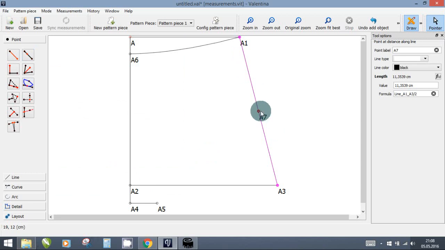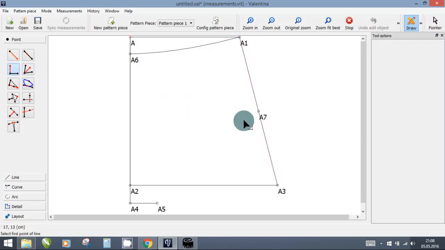And now we want a line or point 8 millimeters away from this line and perpendicular to this line. And we're going to use this tool for it. So these 3 are also the most important tools for pattern making. It works like this. You click on this point, and then you click on the line or on another point. And as you can see how the line moves, the new point will lie on the perpendicular line. So click,